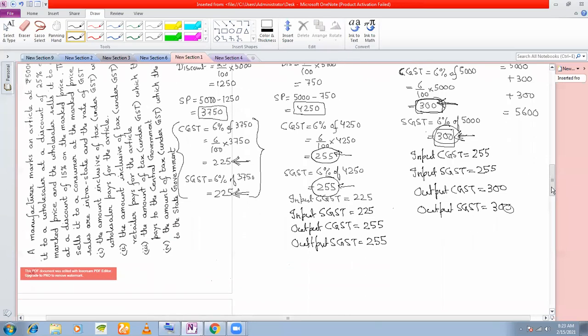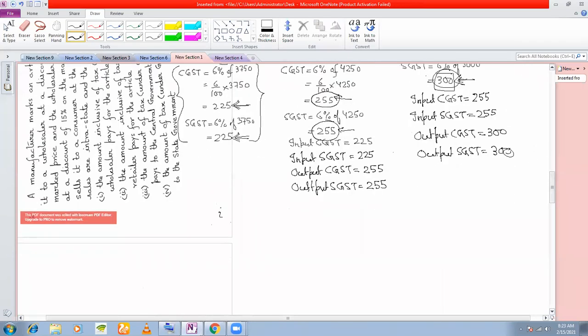In fact, before calculating input and output, we could still answer the question. But now we know the concept of input and output. So let's see the first question. The first question here is